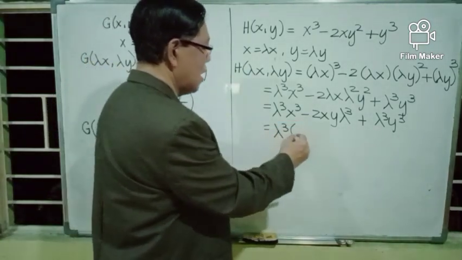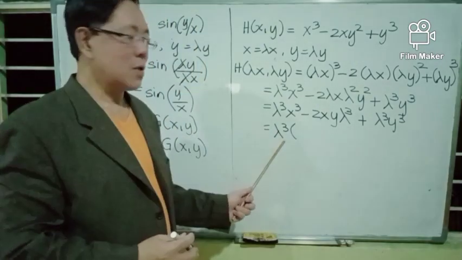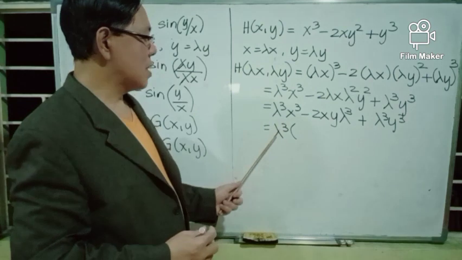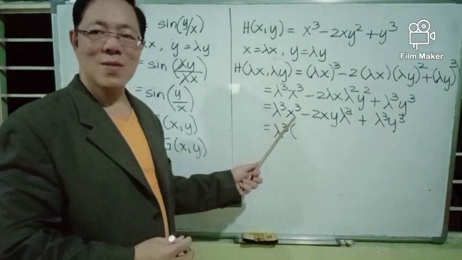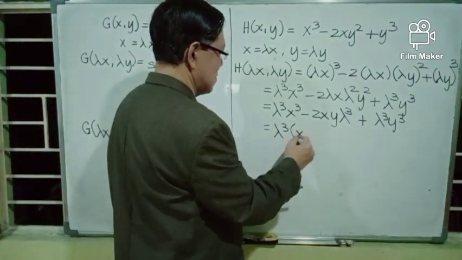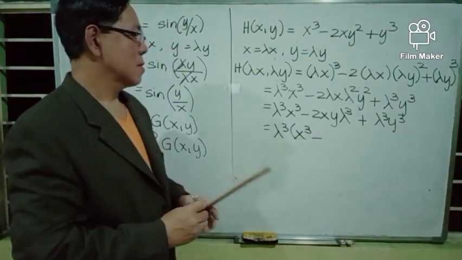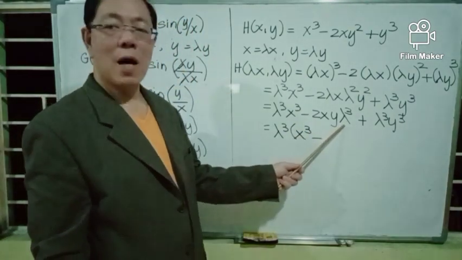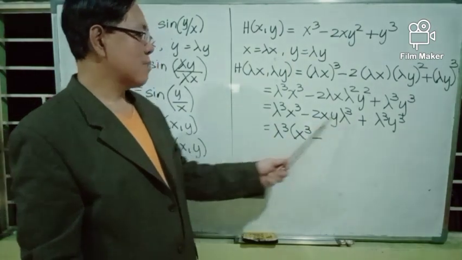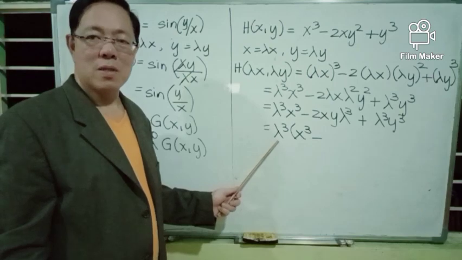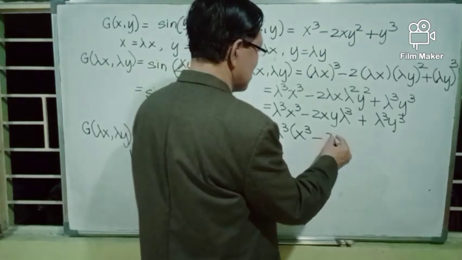And to get the other factor, we divide each term by the common factor lambda cube. Lambda cube x cube divided by lambda cube: lambda cube will cancel out and you get x cube. Minus 2xy lambda cube divided by lambda cube, you get 2xy, because lambda cube divided by lambda cube is 1, or they will cancel out. Hence, minus 2xy